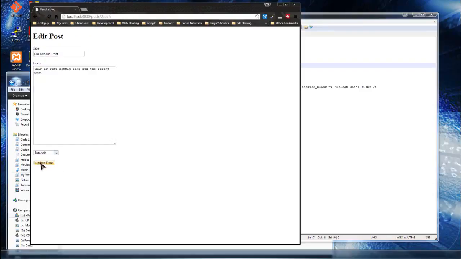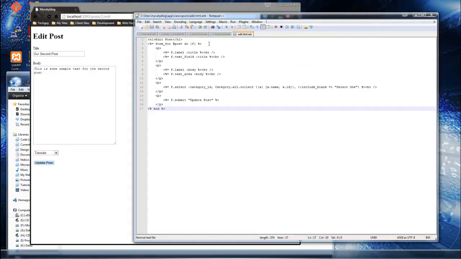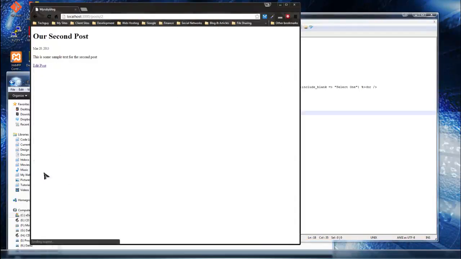So if we go back, actually, let's put a go back button on this page. So if we go to the edit.html.erb, down at the bottom, we can open some tags, and we'll have a link_to, we'll just say "Go back", and comma, and then we'll just have post_path, and then close the tags up and save that, and then reload here, and we click this go back,